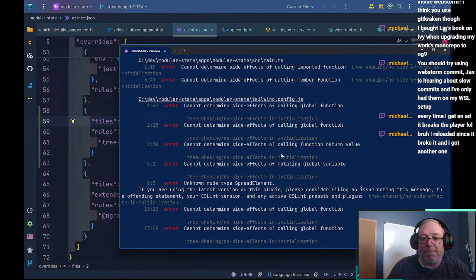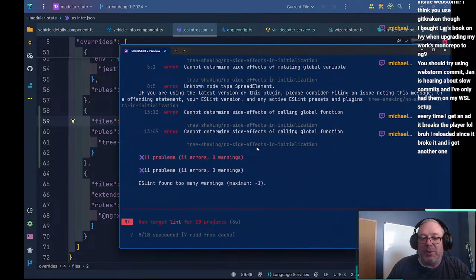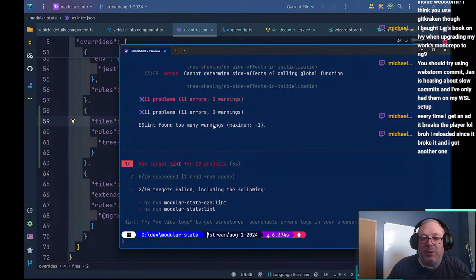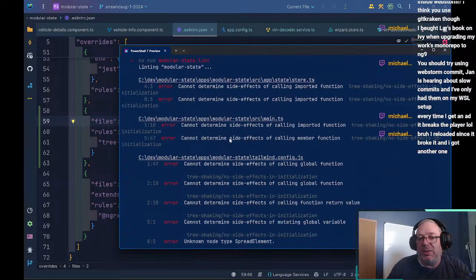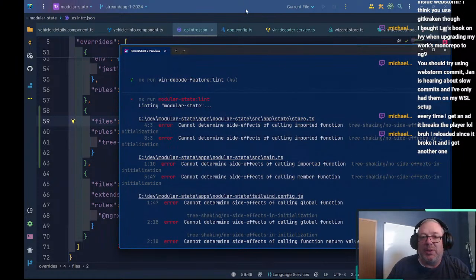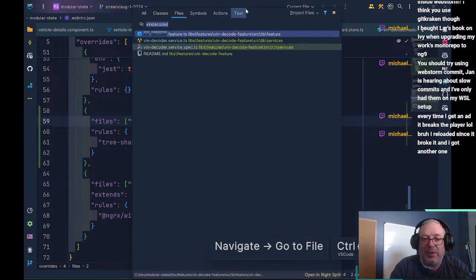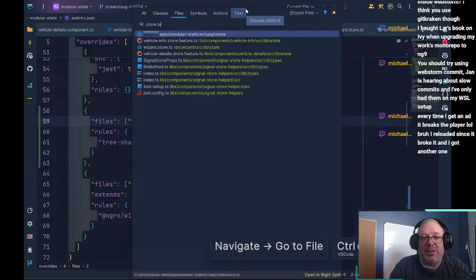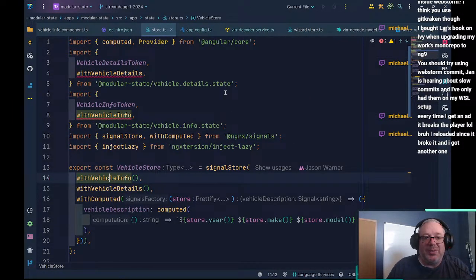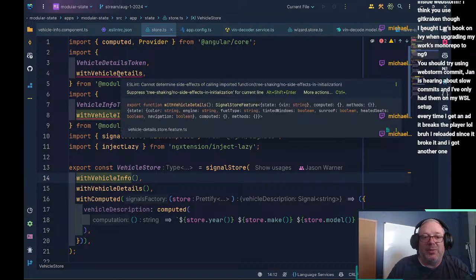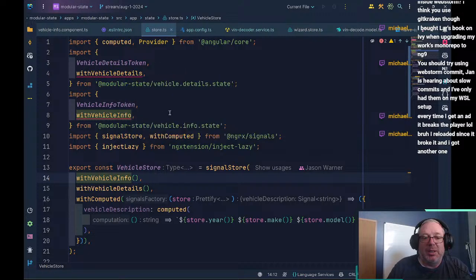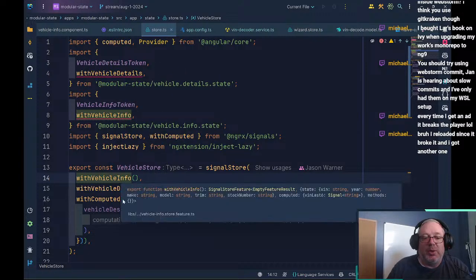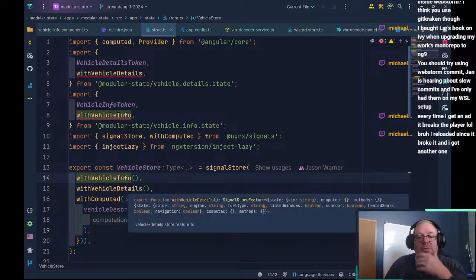And again, we're getting like spread elements. So I like what it's doing for us, but I'm curious. Store.ts. So inside of here with vehicle details and with vehicle info. So these two,